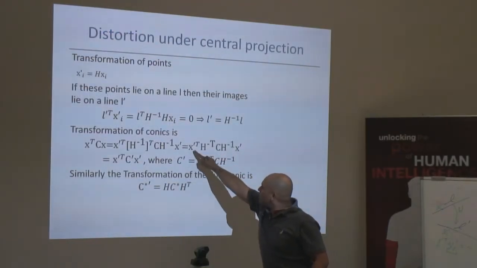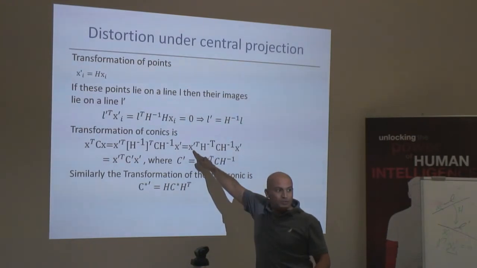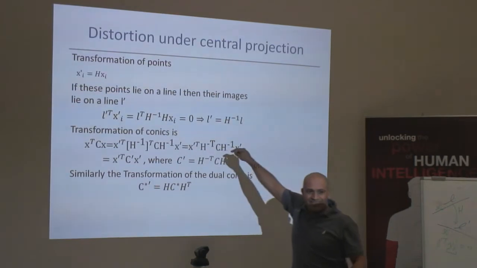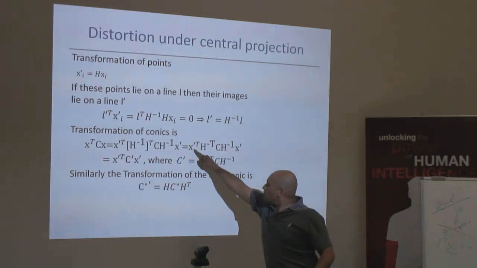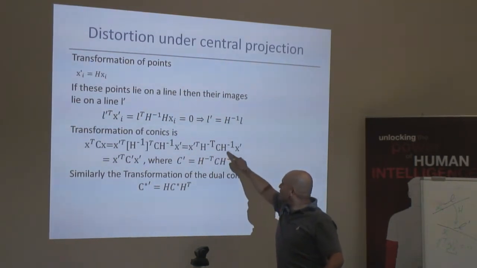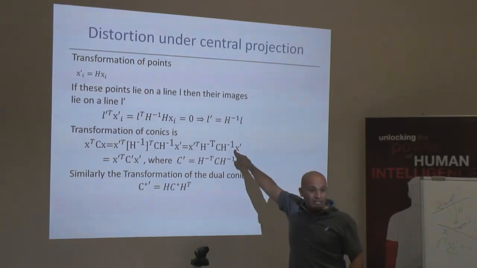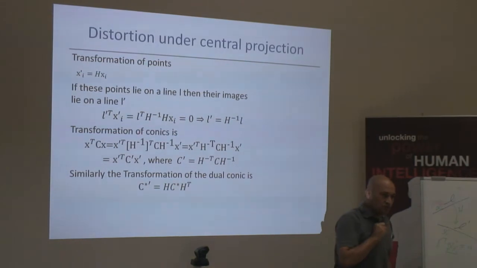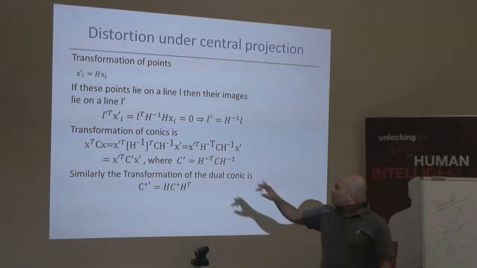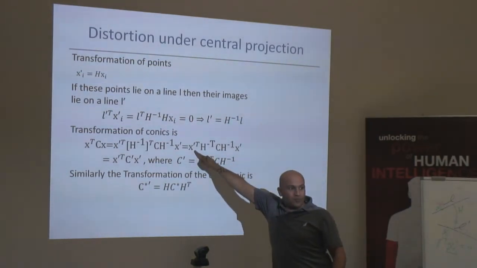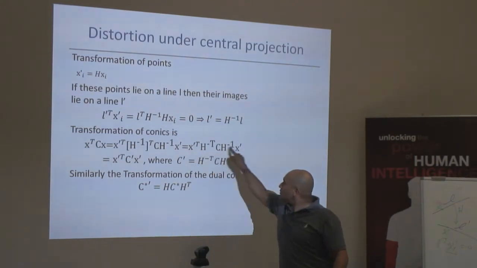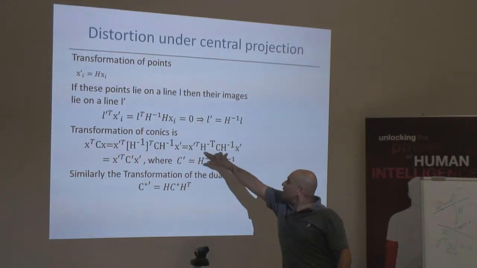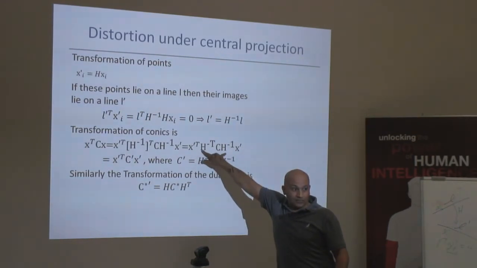So if we take the point, the mapping of any point in the conic will be the image of the point in the conic multiplied by this, and the image of the conic. And we know that a conic will be mapped in a projective transformation to a conic. Now, since this equals 0, that means the point x prime will also be in this conic,